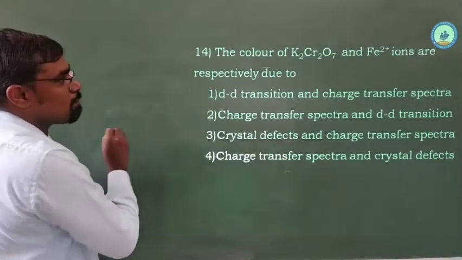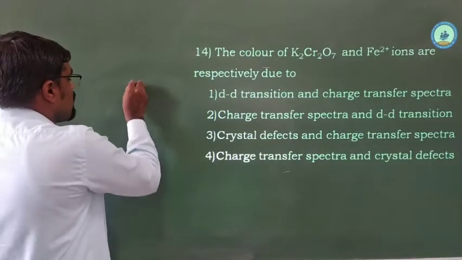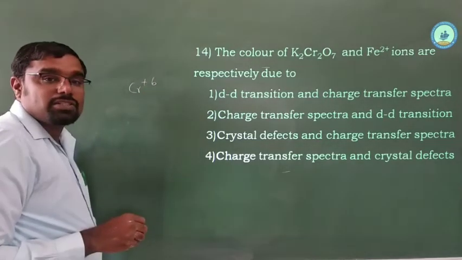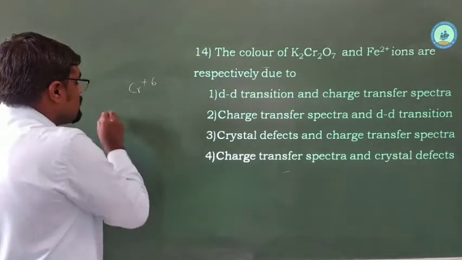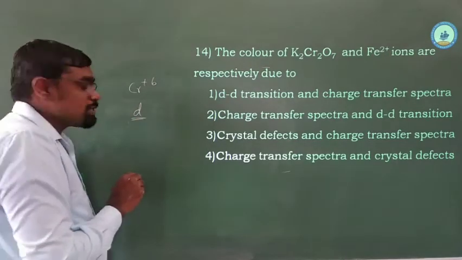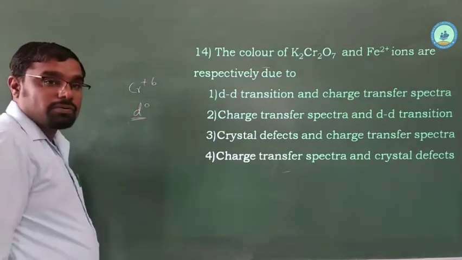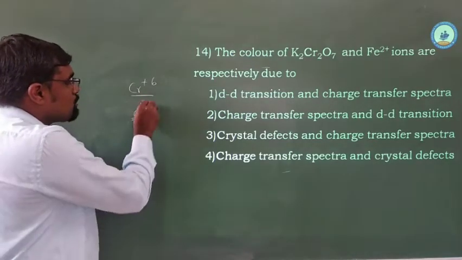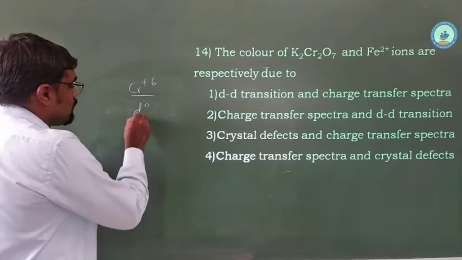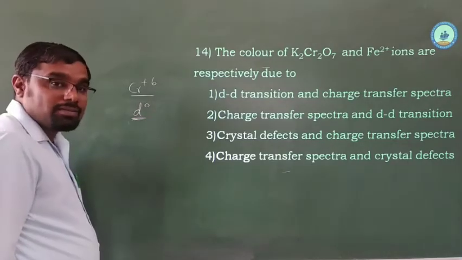What is the oxidation state of chromium in dichromate? That is +6 oxidation state. If you see this +6 oxidation state of chromium, how many d electrons are present? There are 0, because in +6 oxidation state we are removing 6 electrons totally. So then there are no unpaired electrons